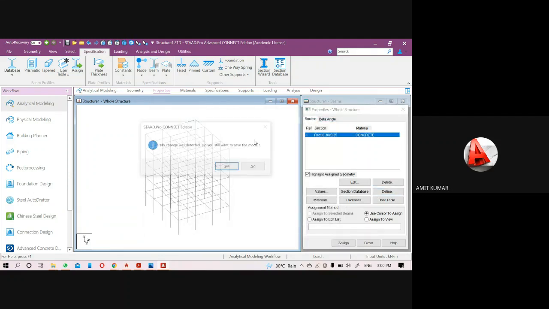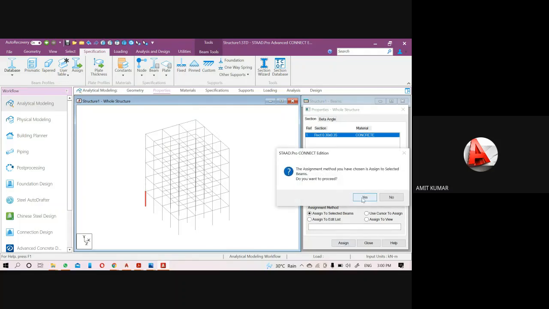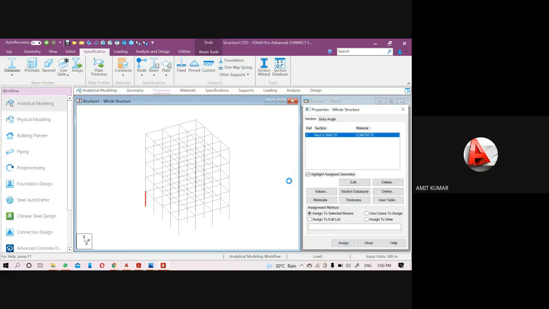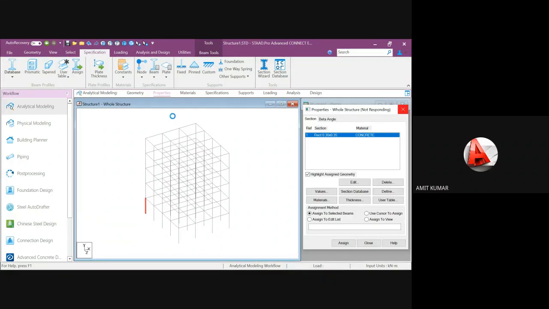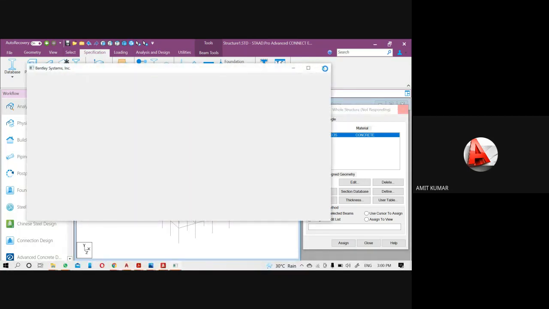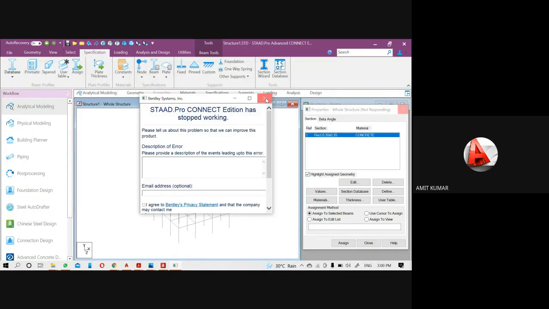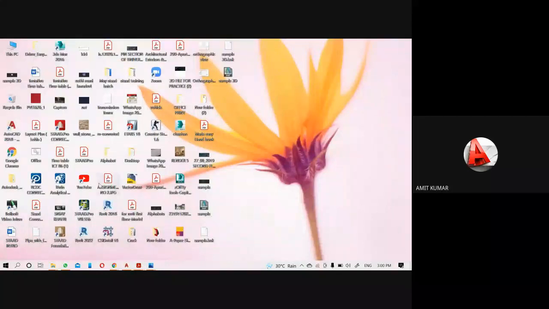First I have to save the project. Let me assign this value one time. Whenever I use the properties, sometimes the software crashes, so I will see. Maybe it will crash. That's why I just saved the project. It doesn't matter if it crashes. Yeah, obviously it has crashed. It happens maybe in this particular version. I have to change this version, but right now I don't have the time to change it.